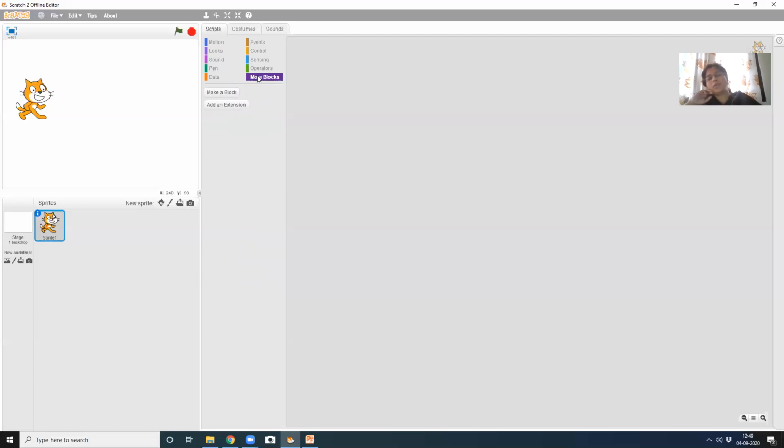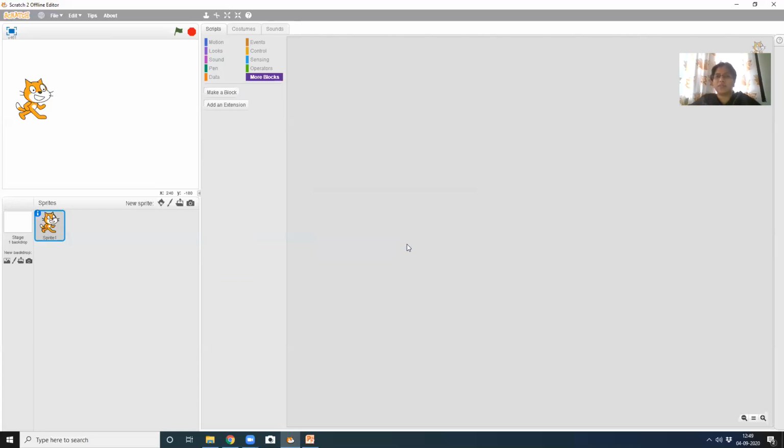Or if you want to create your own blocks, we can do it from make a block of your own choice. If you want to do something in your program, your game, your story, and you don't find any of the blocks or instructions you want to use available here, you can click on more blocks and make a block of yourself.